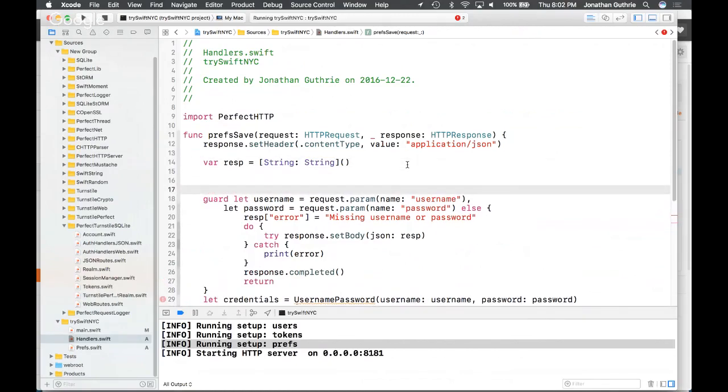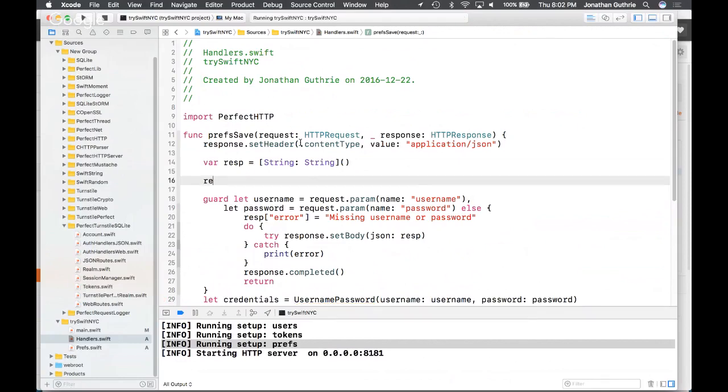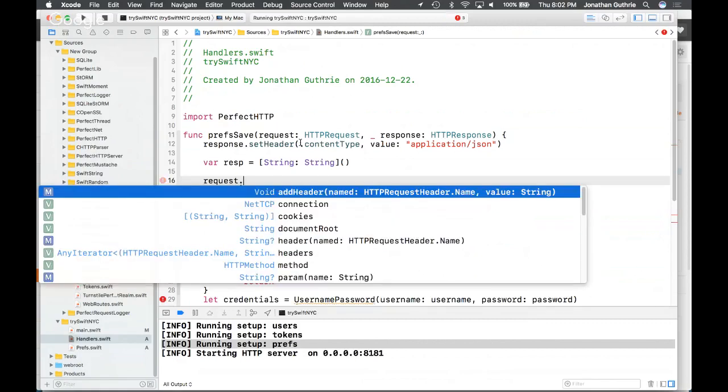But the reality is that we don't want to have username and password. So let's have a look at what things our request can actually give us. Using the autocomplete for Xcode, we can see that it's got a bunch of these things.